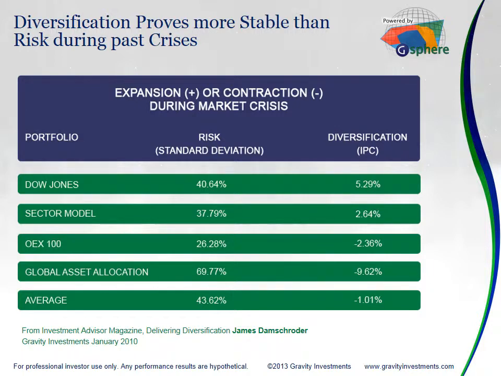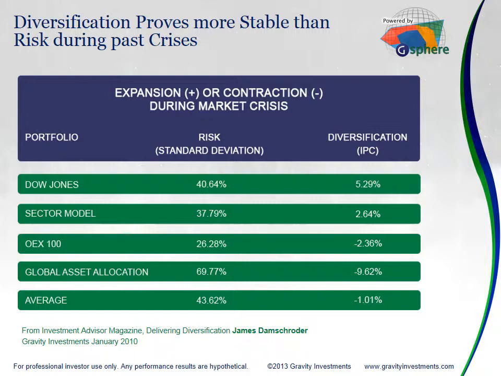This slide teaches us about the contraction of diversification compared to any contraction of risk, specifically during a few market crises. It was measured against 4 market crises for these 4 portfolios, and you can see the average at the bottom. Those 4 portfolios were measured against 9/11, the tech collapse, the mortgage meltdown in 2008, and the Asian currency crisis in 1997. Each of the values for risk is measured by a